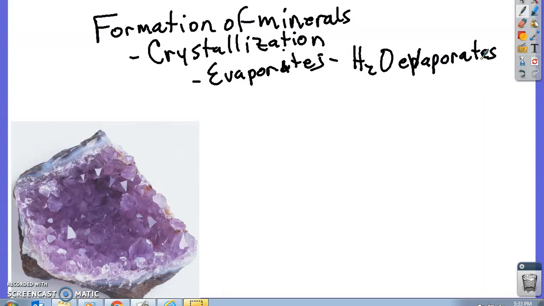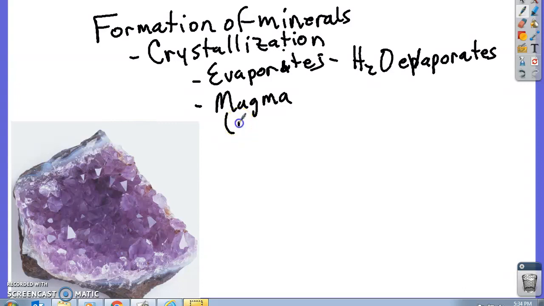Rock salt was probably, we had a lot of inland oceans, we think, that evaporated away and left the salt behind. And so you have these salt beds, and then they've been buried by other stuff, so now you have these salt layers underneath. And those would be examples of evaporites. Okay, calcites, gypsum, some of these other ones we think were dissolved in water, and then when the water evaporated, that was left. Others were when magma, which is